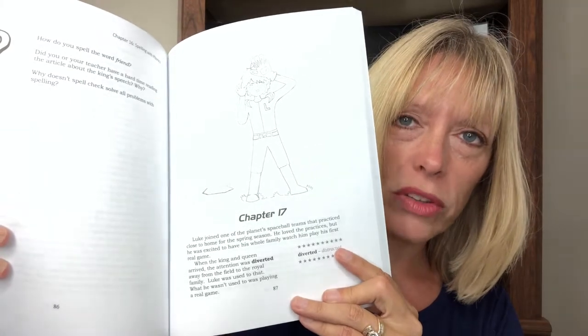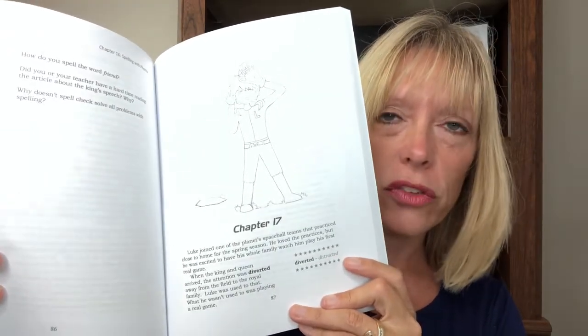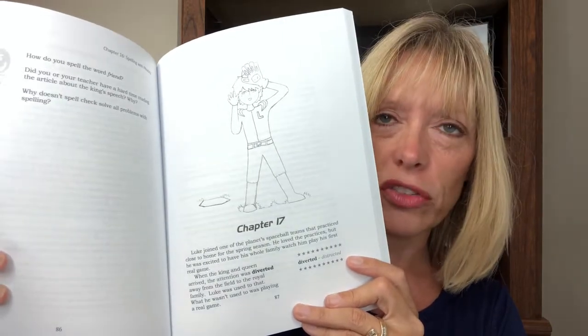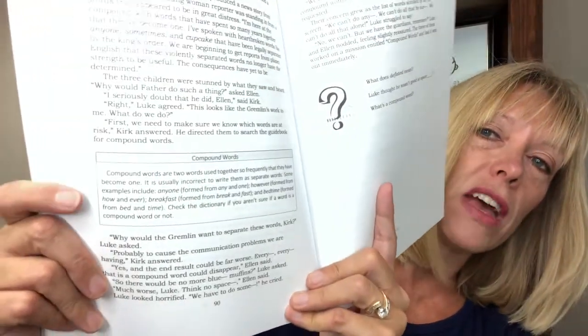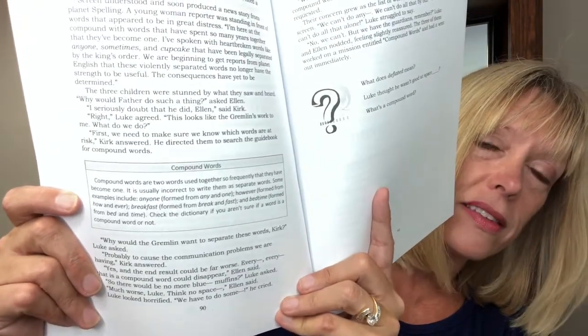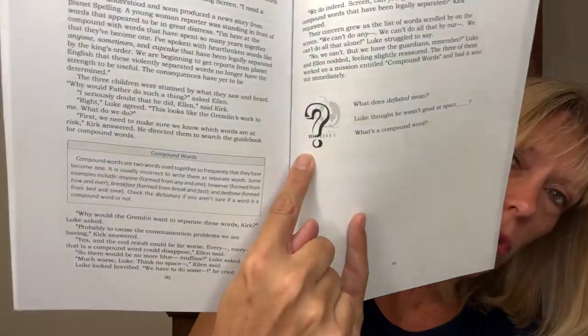words that are bold in the text. They are given just a simple synonym, so it's easier for your kids to understand what the words mean. Then finish reading the story. It should take you about 10 minutes. You're going to find that there is some teaching material that you're going to want to emphasize in the story that's in the box. And then at the end, you're going to have some comprehension questions that you can ask